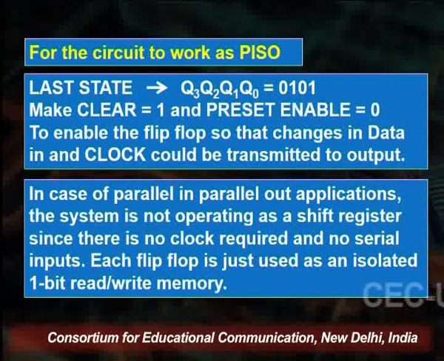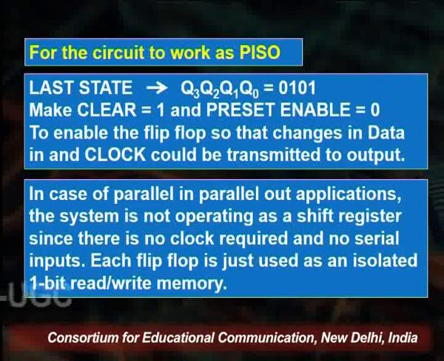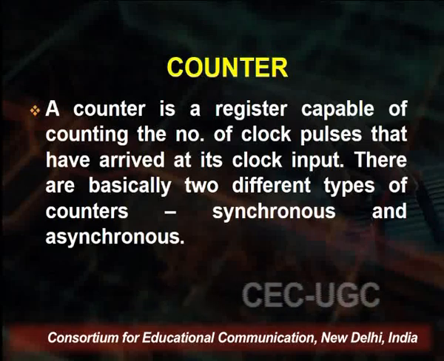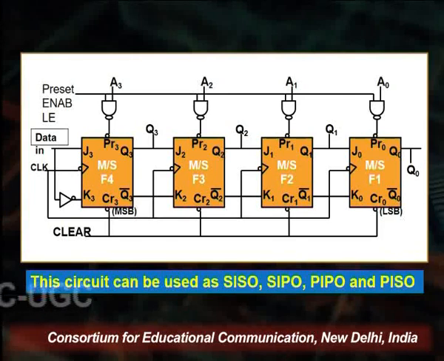In case of parallel in and parallel out applications, that is PPO, the system does not factually operate as a shift register, since there is no clock required and no serial inputs. Each flip-flop is therefore just used as an isolated 1-bit read-write memory. Now that we have understood the functioning of the universal shift register as CISO, CPO, PSO and PPO, we move